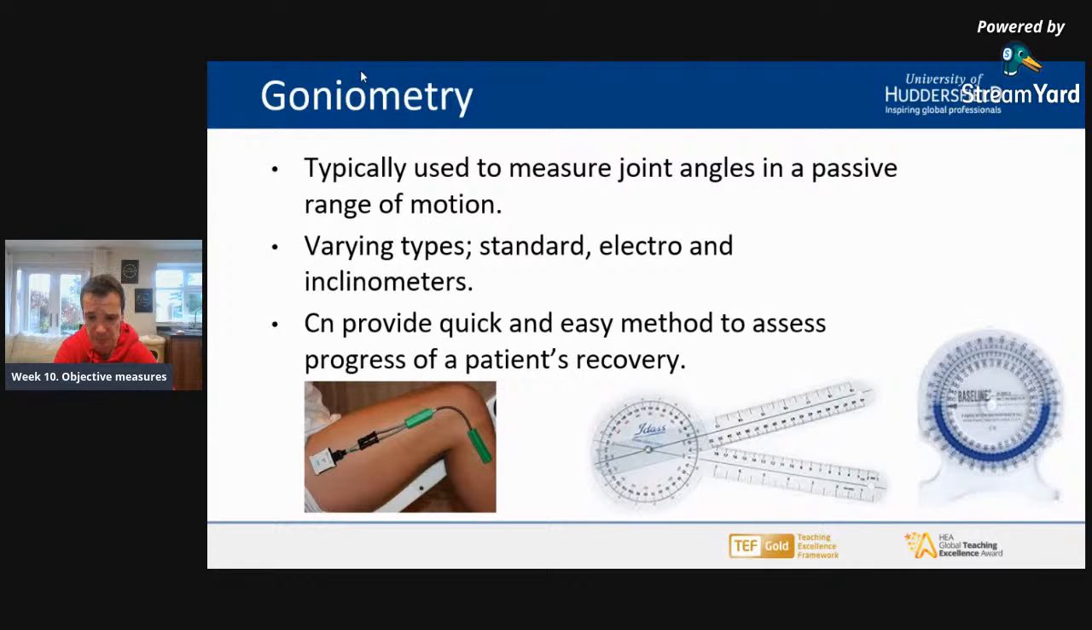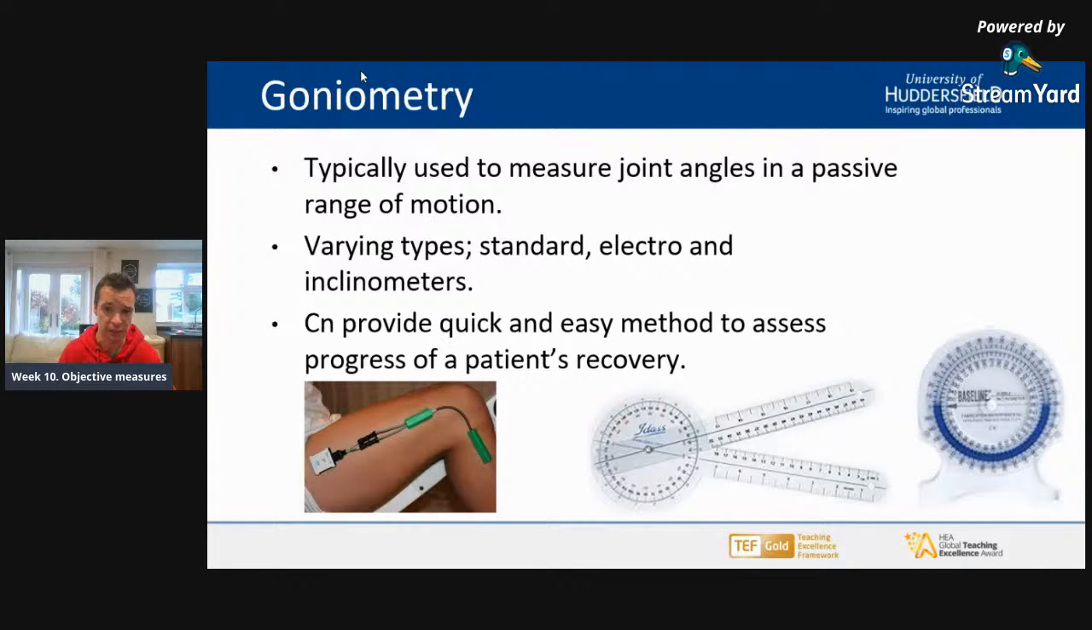We tend to use them in a passive range because when we're using passive motion, we're looking for end feel. Like you've done in your practicals, we talked about taking someone to that end feel, and that's why it's done in a passive range. So we're really measuring maximal terminal range. There are three types of goniometry out there. You've got your standard goniometer, which is the equipment in the middle, which is by far the most common,